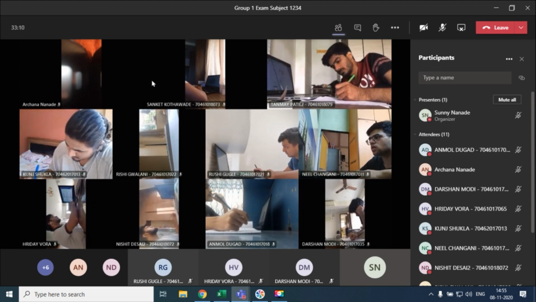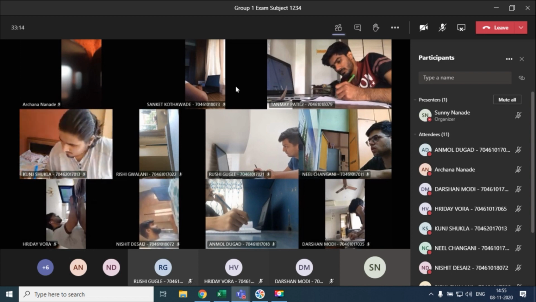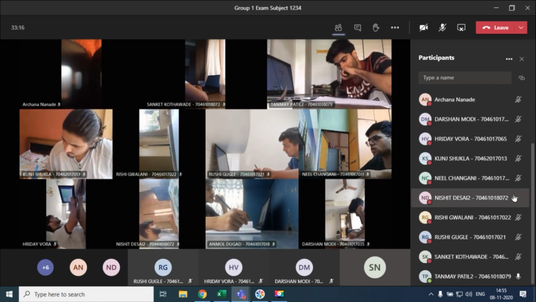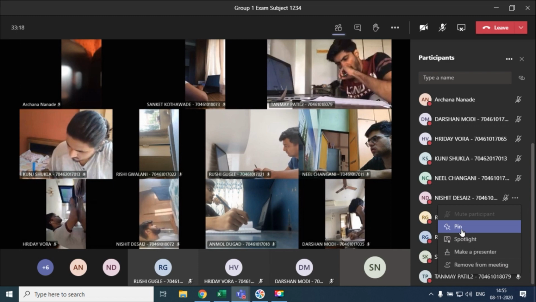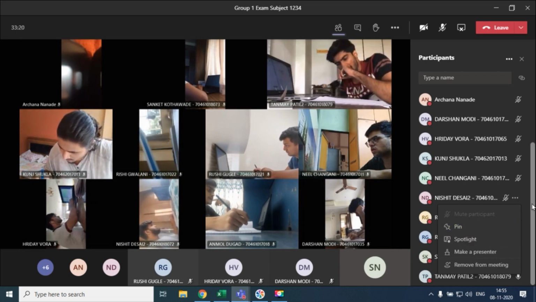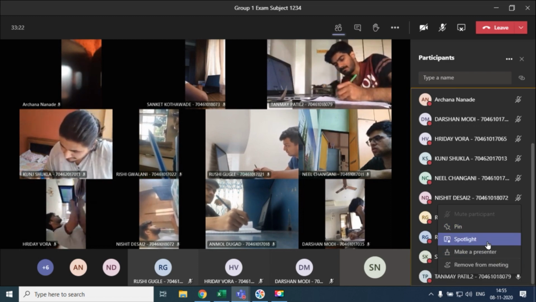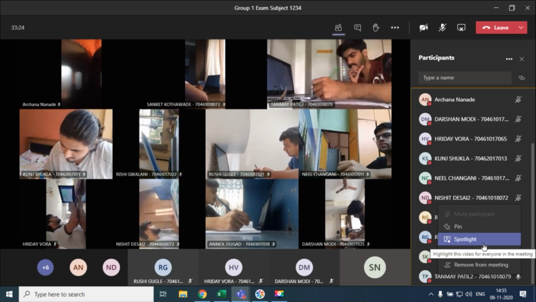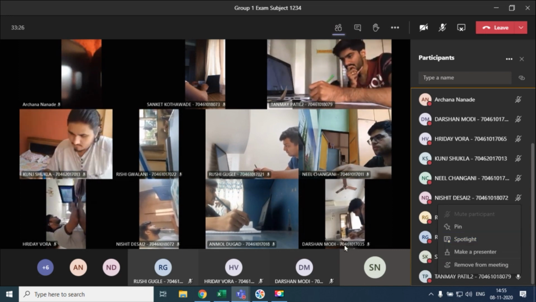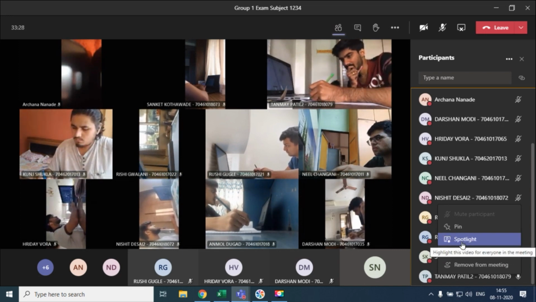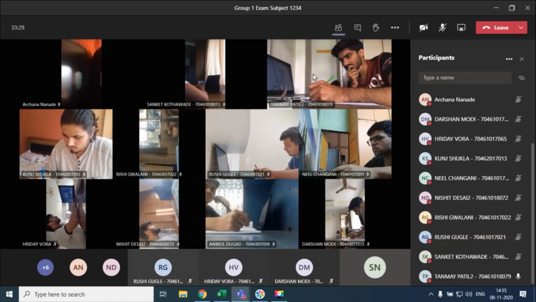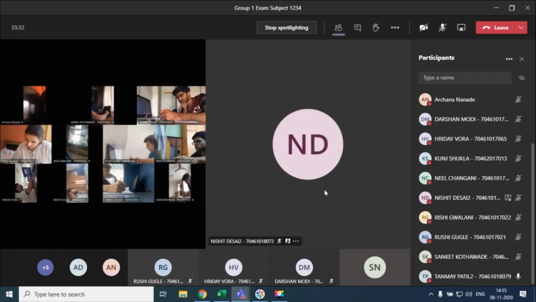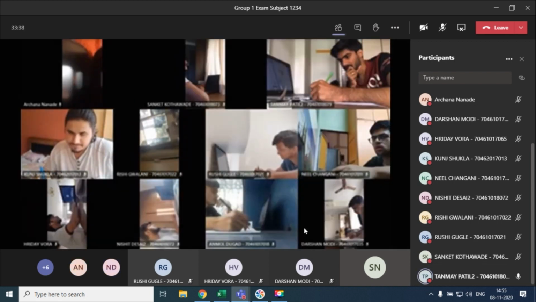In this large gallery mode, we do not have that option to select an individual student over here. We can still pin whoever we want. Okay. In Spotlight, I did try this Spotlight one. So the student is able to see whom we are going to spotlight, but here on my end it is not popping up. So I'll just stop the spotlighting option over here.